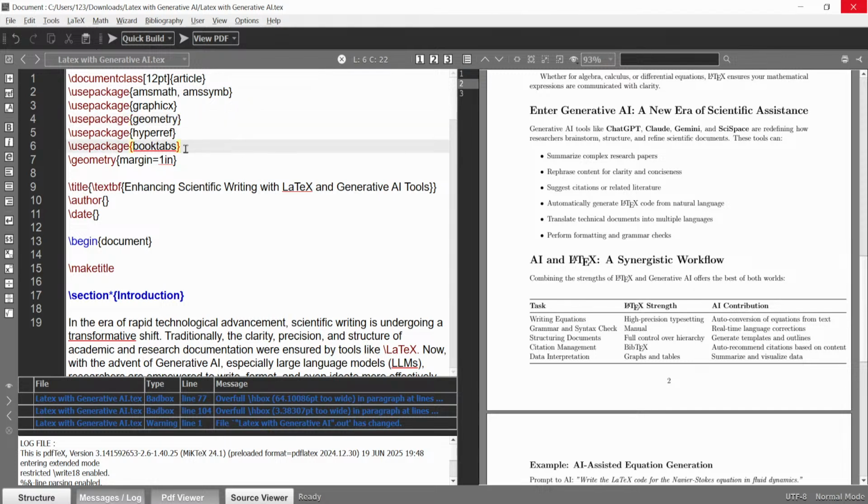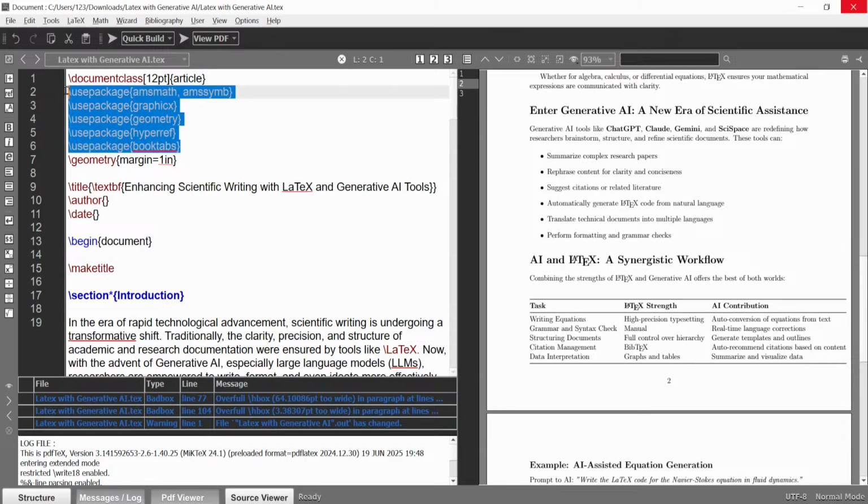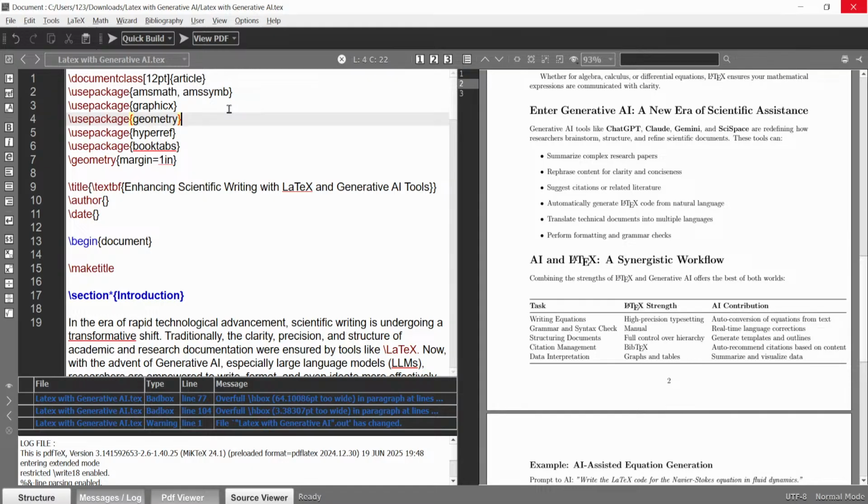Okay, and these are the packages. You can see amsmath. amsmath is used for mathematical expressions. Okay, and amssymb, the symbols which are used in mathematics, is also a package to manage the mathematical expressions and the symbols. Graphics is used if your document contains some images or figures and you need to add them; this package will help us. Okay, and you can add your images in your document only if this package is available in your document.